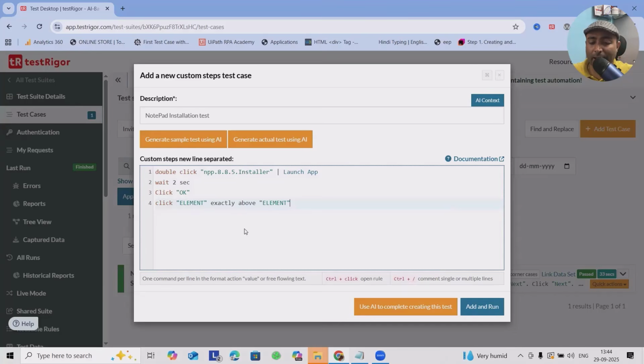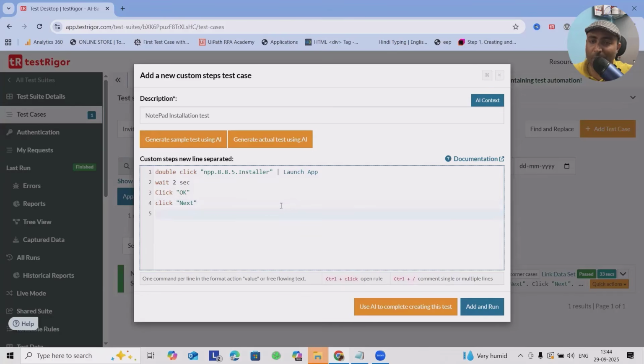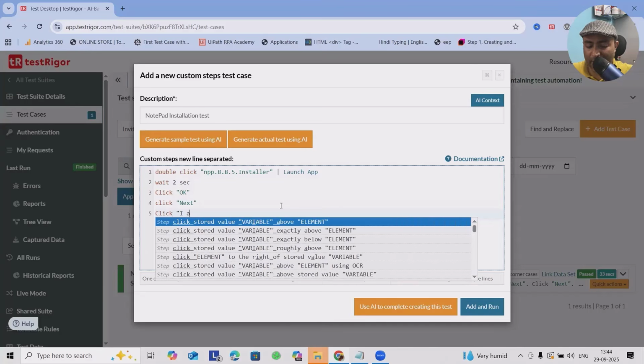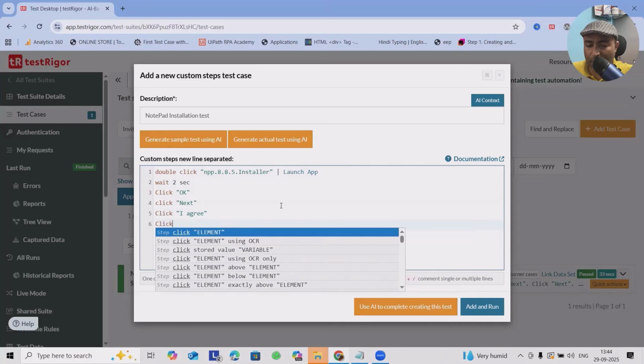If any agreements will occur, or if any contract agreements will be there, normally what we are doing is accepting those agreements or terms and conditions. Here we'll add click I agree if there is any button, or we can use next steps. Here click